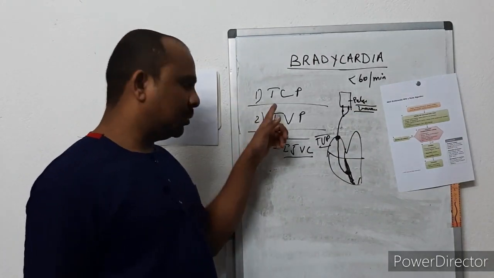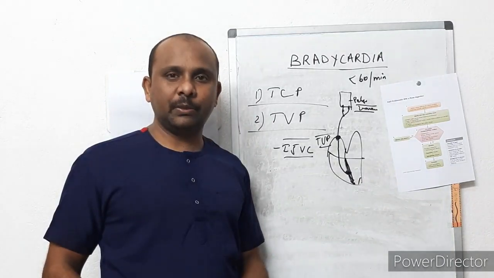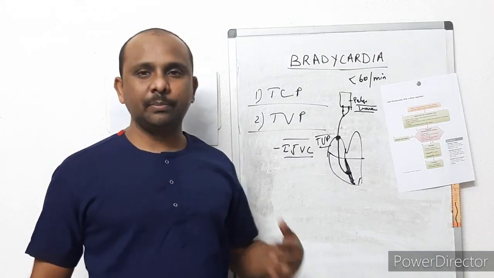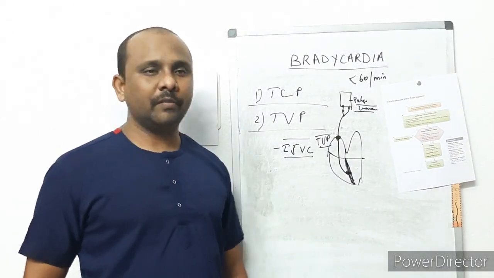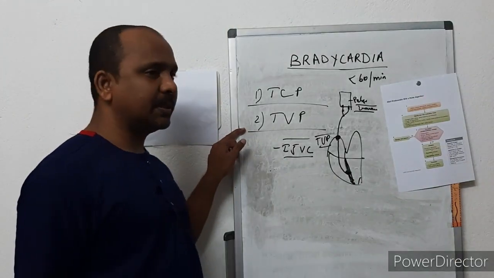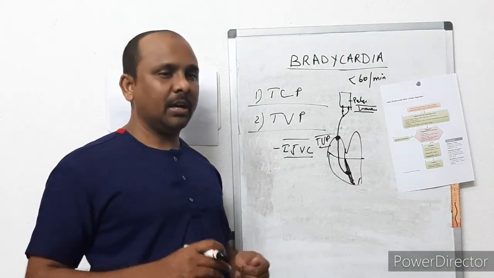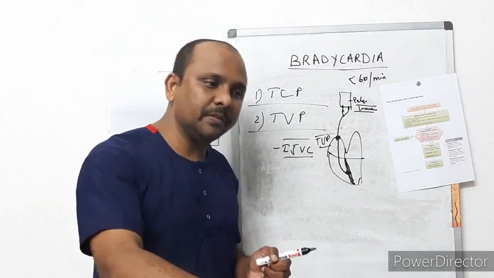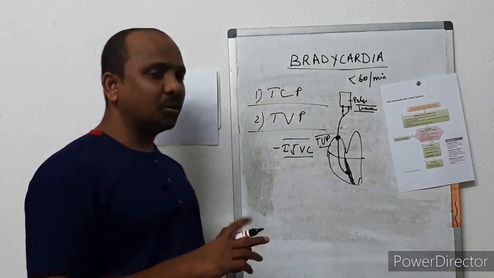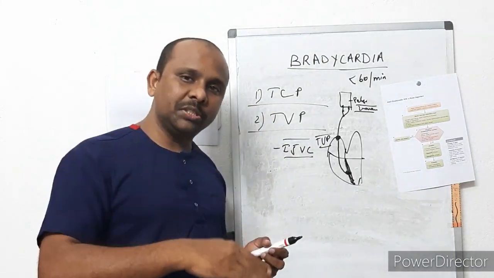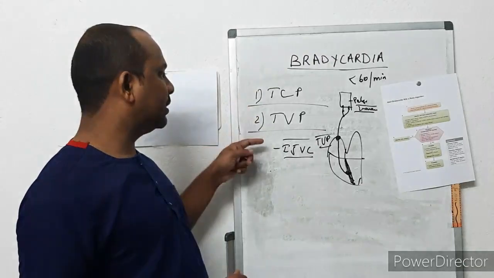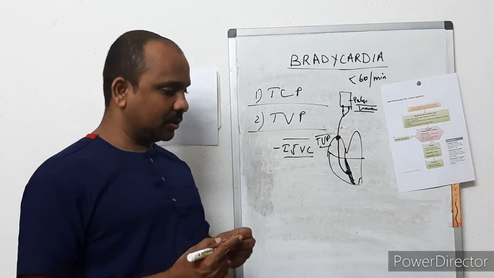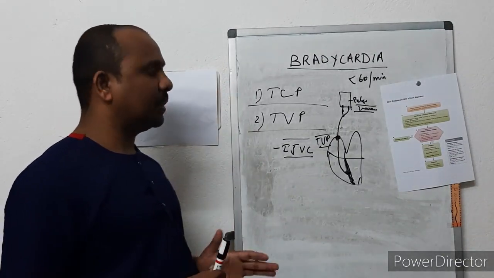For transcutaneous pacing, you are an emergency and critical care expert. Always try to do this transcutaneous pacing, right? Place the paddles and try to give pacing, right? Then transvenous pacing, you need experts. You go ahead with the veins. Transvenous means you are going through the vein and reaching the heart, right? Transcutaneous means you are going through the skin and reaching the heart. So these are two different things: transcutaneous pacing and transvenous pacing. So this is all about the management of the bradycardia.